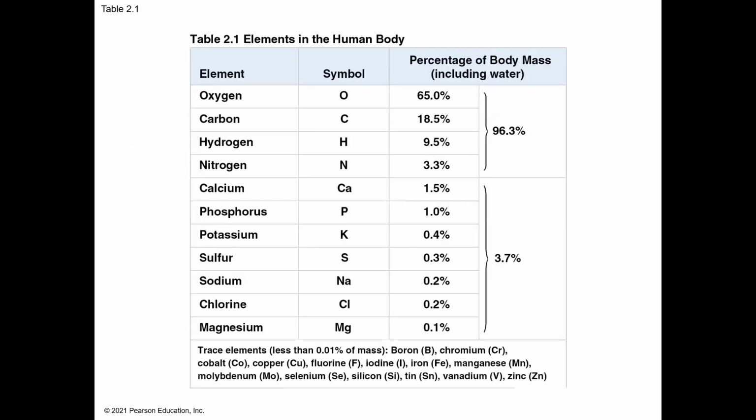And so here's a list of the elements in the human body where you can see oxygen, carbon, hydrogen, and nitrogen make up 96% of the elements that make up a biological mass. And then you can see, for example, magnesium, 0.1% of biological mass is magnesium,